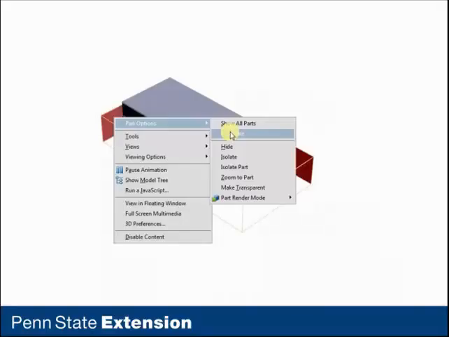The other thing you can do is look at a wide variety of special views. You're able to, for example, strip away the cover of the manure pit and look at the manure pit itself. You could look at it with the ceiling of the barn removed and look at the barn and so forth. So there are many, many things that you can do with this 3D preview.